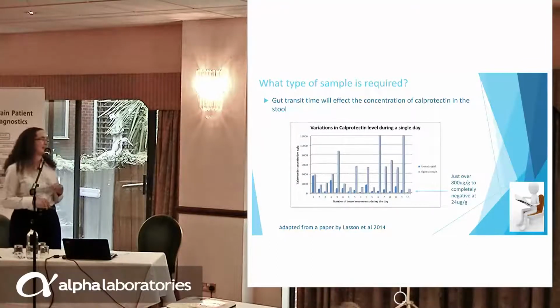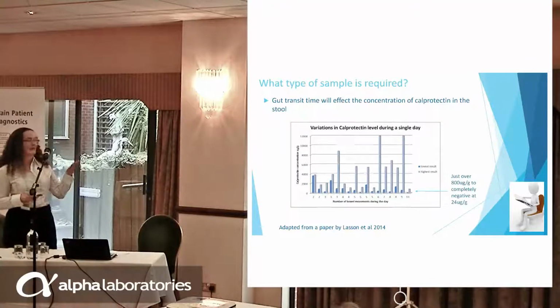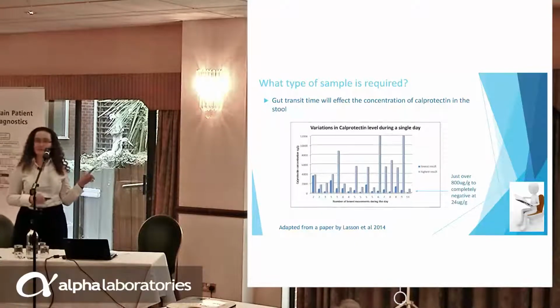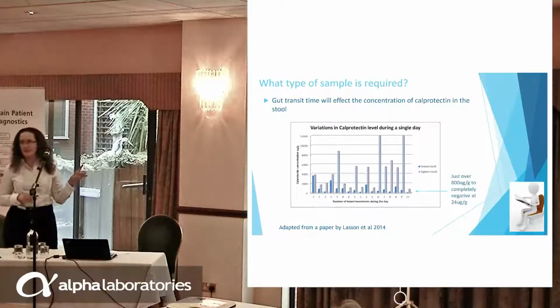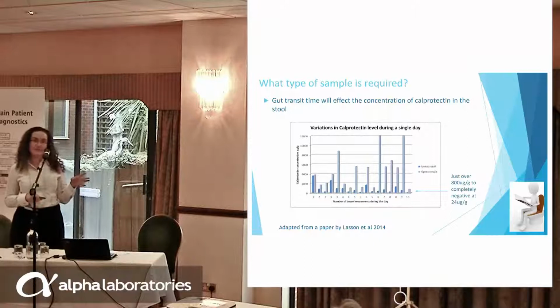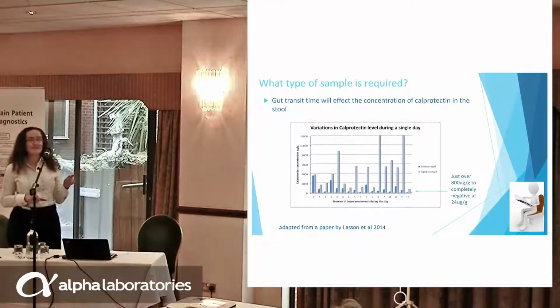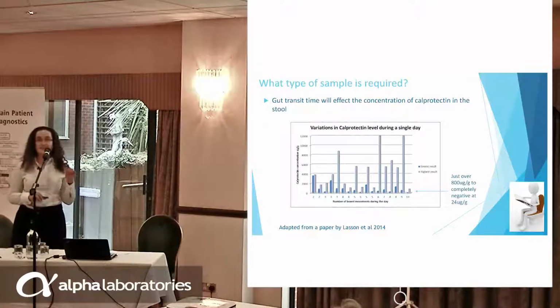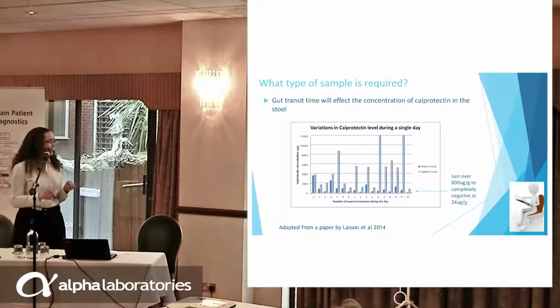So this is a graph that is adapted from a paper by Larson that was done in 2014, and I love this paper. It's a bit of a geek's delight, really. He took a whole pile of IBD positive patients and collected every single sample that they did in the day. So this graph here then represents,